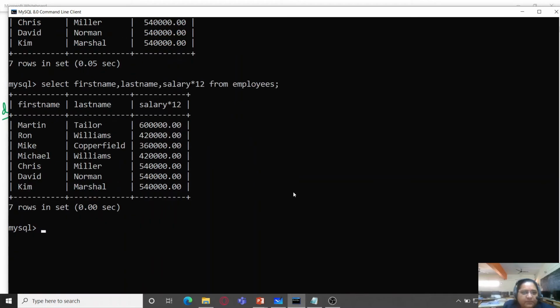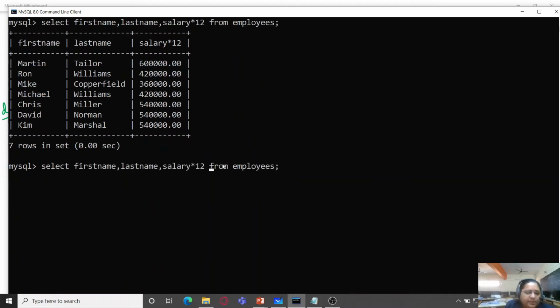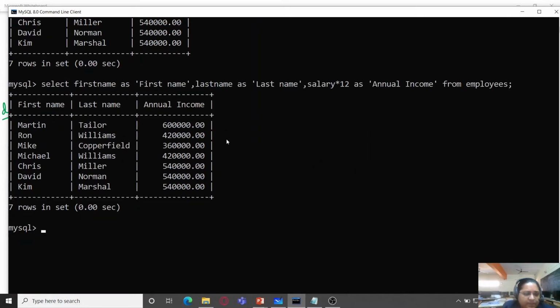In fact, we can also change the name of all the fields. Like I can write here first name as first name, something like this. That is, it should not appear as crude. I want it to appear in a proper way. And salary as annual salary or annual income. So just for the purposes of proper display, I have provided alias names to all the fields. So you can see in the output also we get these alias names. So this is how we provide alias names to the individual fields in the table.